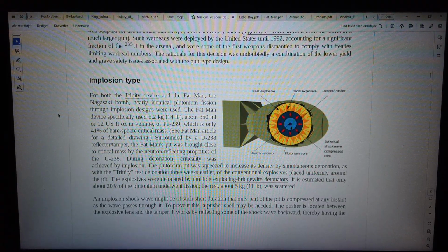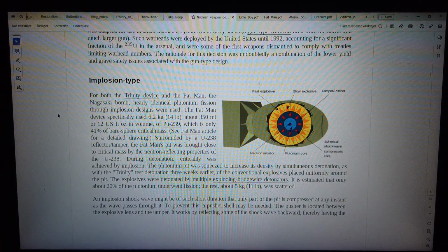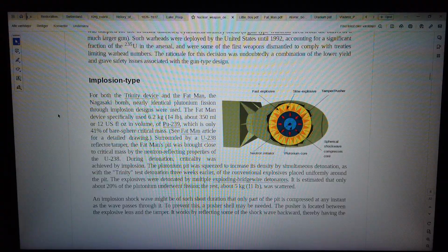Surrounded by a U-238 reflector/tamper, the Fat Man's pit was brought closer to critical mass by the neutron reflecting properties of U-238. During detonation, criticality was achieved by implosion. The plutonium